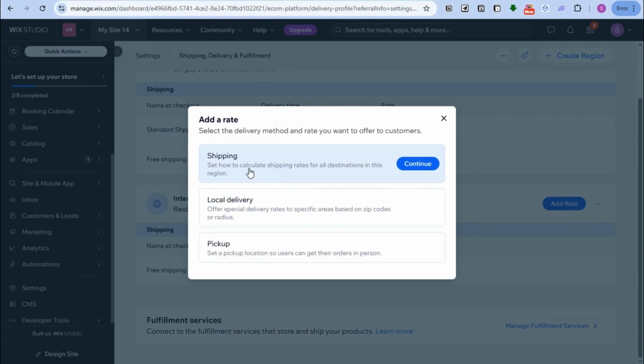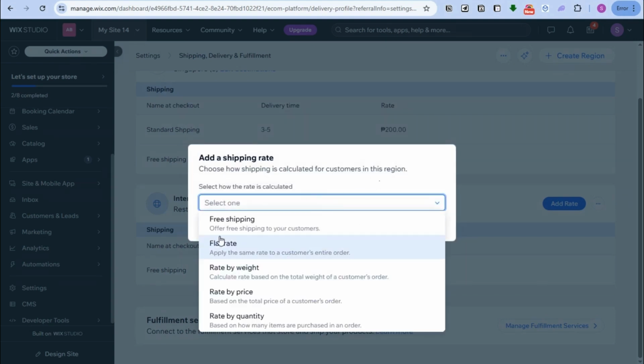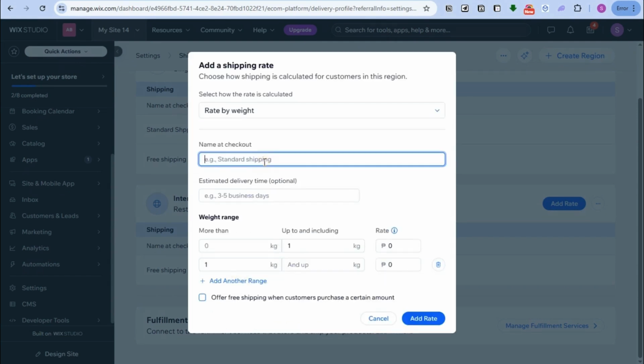Okay, so again, for shipping, you can add shipping here, local delivery, but this one is based on zip codes. Pickup location, so users can get their orders in person. You can communicate or make a contract or agreement with an agent here or company. So let's just say if you want to tap this shipping, then you can try this rate by weight, let's just say, and then